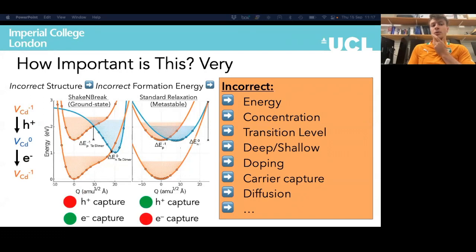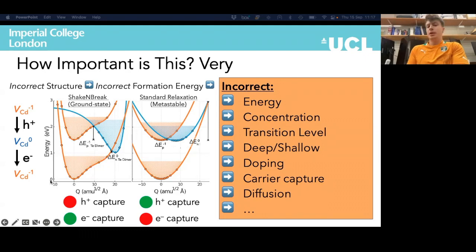As I mentioned earlier, one of the other key changes when you have a change in the defect structure, regardless of what that does to the formation energy or transition level, is how it affects the carrier capture behavior. This is the process of a defect capturing electrons or holes, for example, in a solar cell under operation. And this defect-mediated recombination behavior is actually the key limiting factor in most solar cell technologies. And so essentially